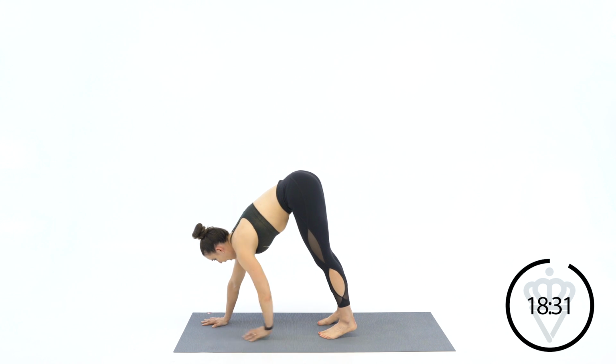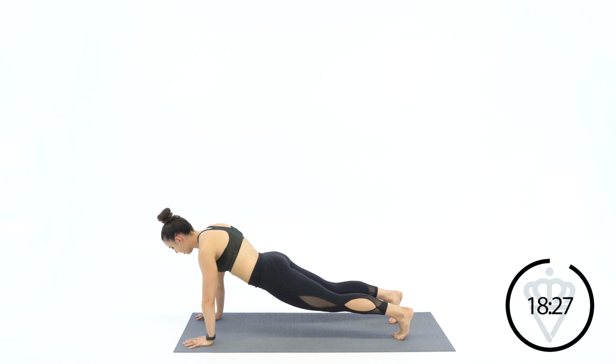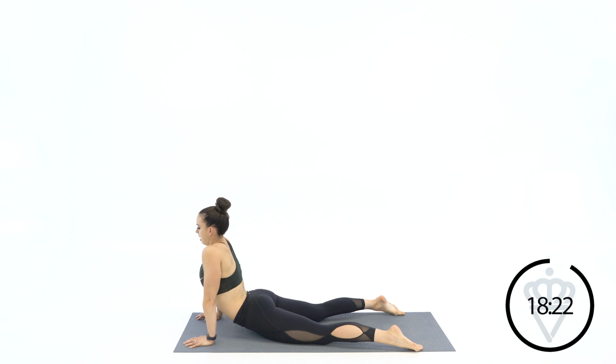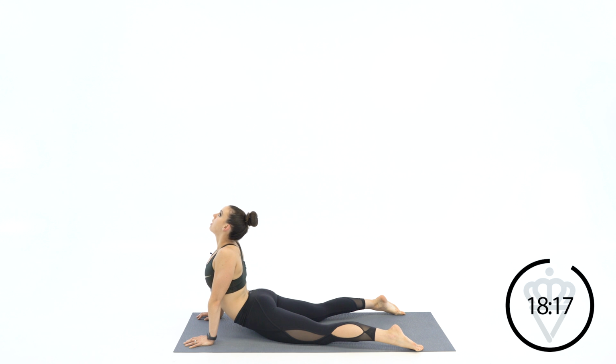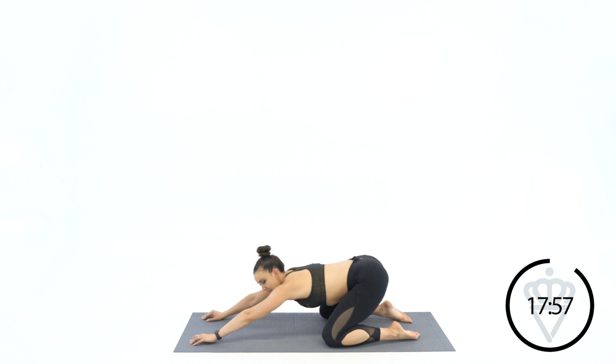I'm going to walk it out to a high plank and hop your feet back. All right, staying right here, slowly drop your hips down and flatten out your feet. Looking forward as you exhale, I want you to relax your shoulders and look up. I'm gonna hang out right here for just a second. On your next exhale, I want you to exhale and shove your hips back out into child's pose, rocking your